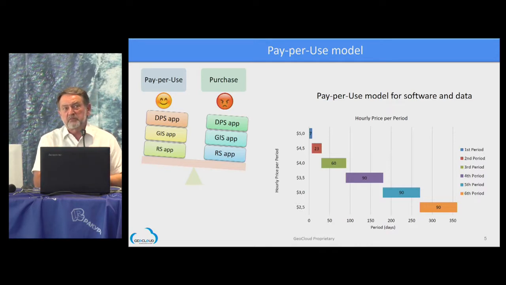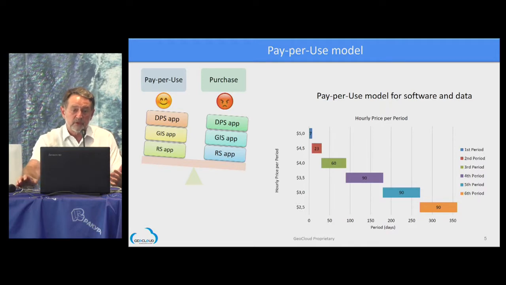Statistically, it varies from 90 cents per hour to $5 per hour.